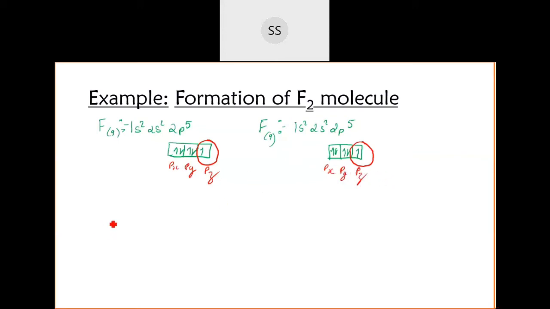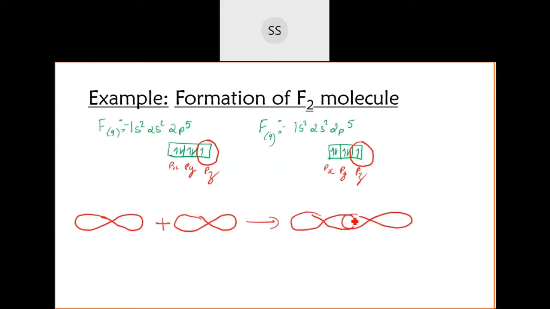So I will write them in one particular axis. Imagine that this is a pz orbital, which fuses with another pz orbital, they combine together to form the fluorine molecule this way. So here one fluorine atom and another fluorine atom, giving you the F2 molecule, and this is a sigma bond formed. I hope it's clear. This part is clear. Formation of F2 molecule. These 3 categories, whatever I discussed, all of these are sigma bonds, because everything was overlapping on the axis. Is it clear, students? Any doubt in the sigma bond? If you are clear, let me continue with the next.